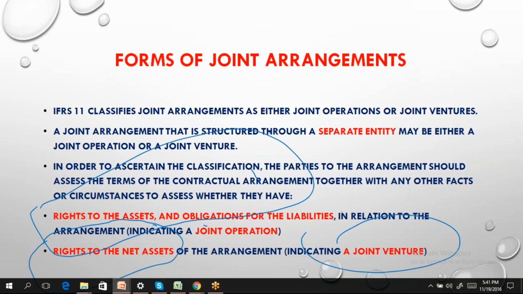This is what you need to know, because this was something that was introduced somewhere in 2011-12, that period. Earlier we did not have all these complications, but what happened was people were misusing this joint venture concept. So the accounting bodies had to come out with something better. So they separated the joint operation and a joint venture into two different setups of accounting. Joint operation is where you have rights and obligations for the assets and liabilities. Joint venture is where you have rights to the net assets. Okay.